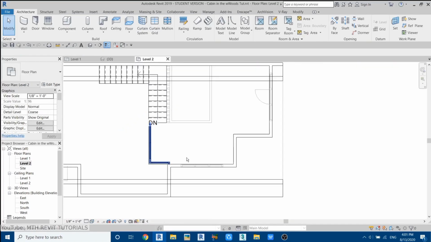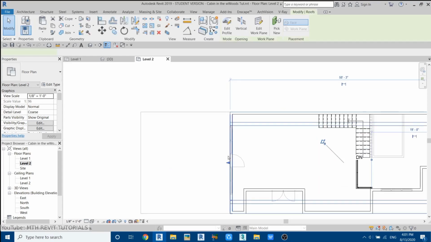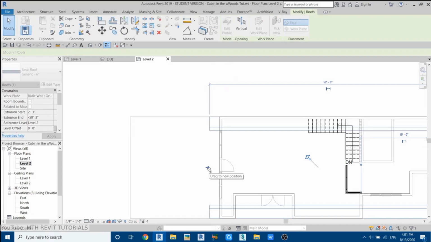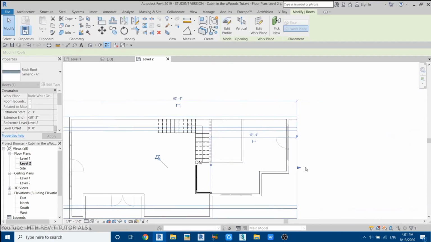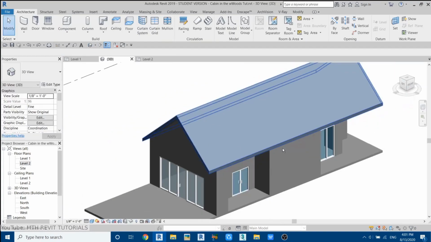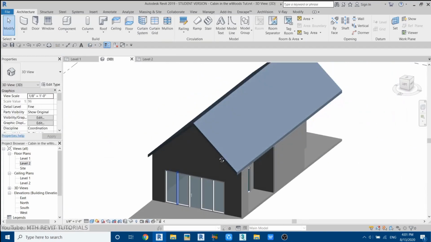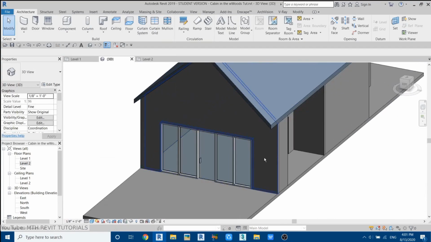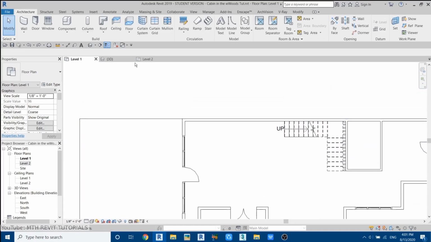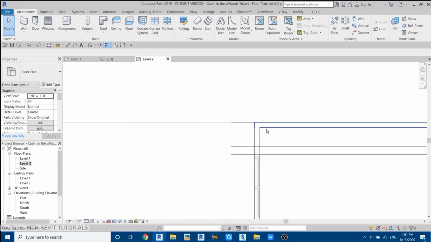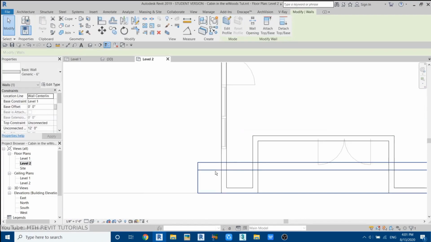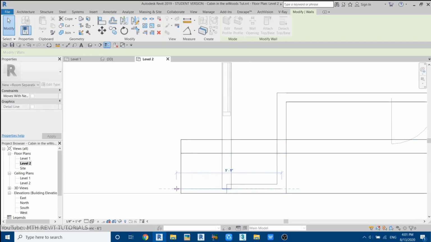Go to level 2, select the roof. On this side we can just extend that a bit like so, and on this side I think it's perfect already. Yes, now we need to extend the walls as well, so go back to level 1, or we can do that in level 2. Just select this wall and extend that until here, until the roof. On this side as well,